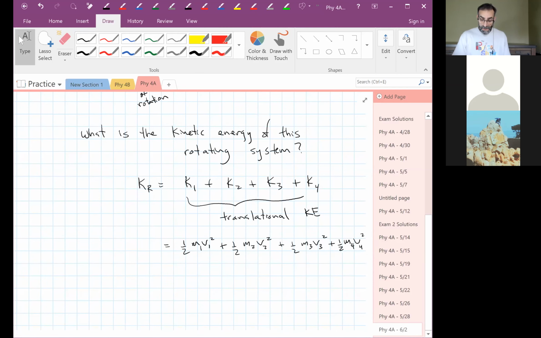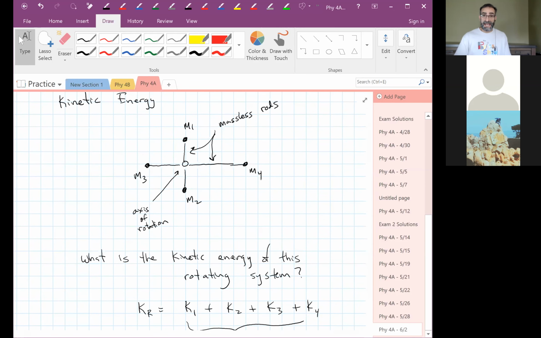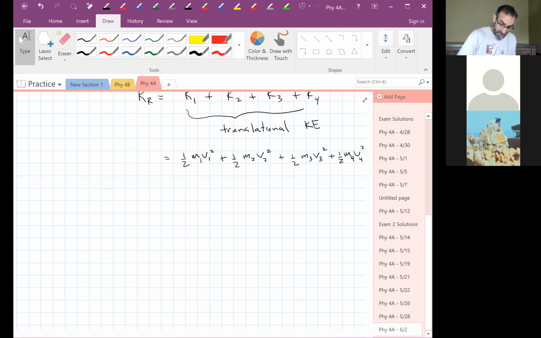The whole system is rotating together, yes. So they have the same angular velocity, the same omega, but their translational velocities will be different, because they're different distances from the axis of rotation. Remember, how do you get from rotational velocity to translational velocity? You use